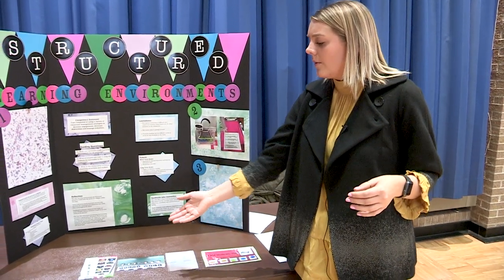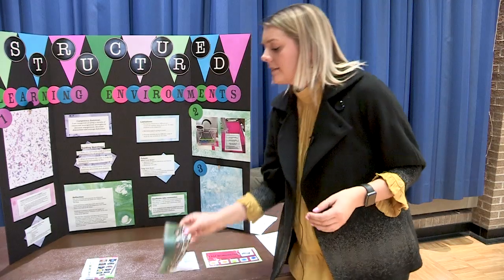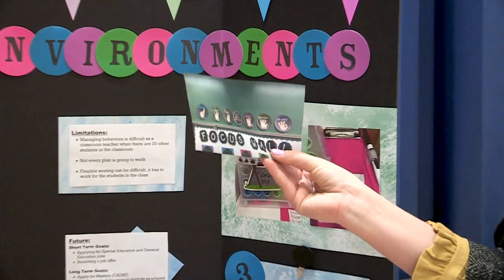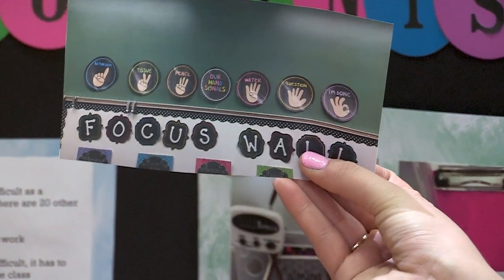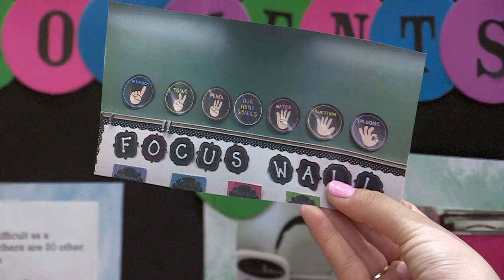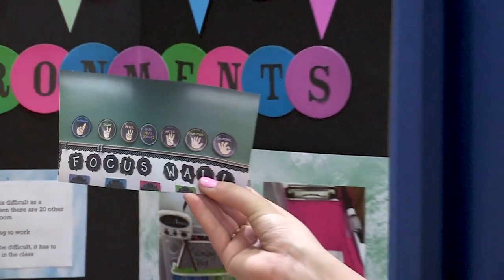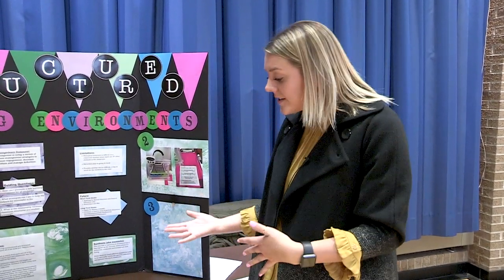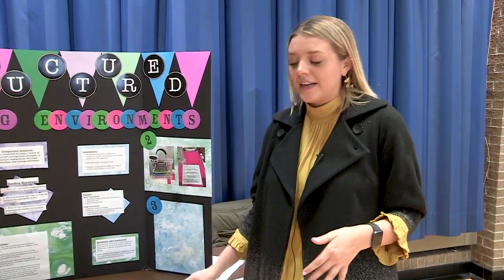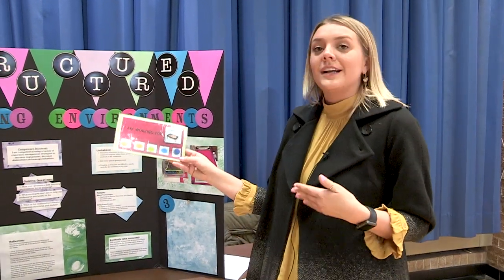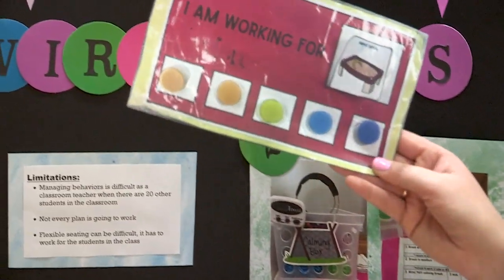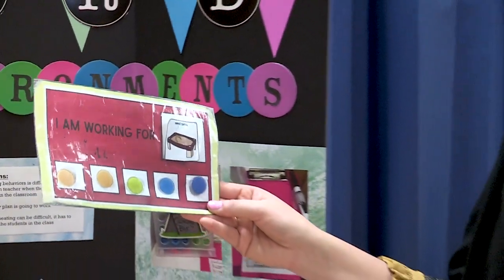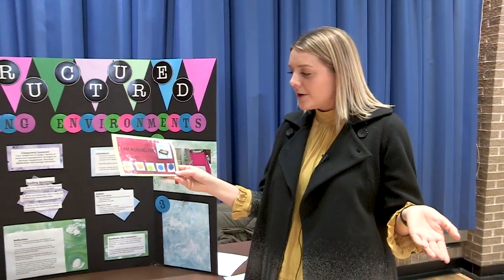And then I also was able to implement 1, go to the bathroom, 2 is tissue, 3 is pencil. Instead of always raising your hand, this is I need to go to the bathroom, I need to get a pencil. Instead, having those hand signals really decreased those distractions that we were seeing. After that, we came up with a behavior plan for that 1 student. We implemented a token chart, so you get a token for transitioning very well from one place to another, or you get a token for complying with what is being asked of you.